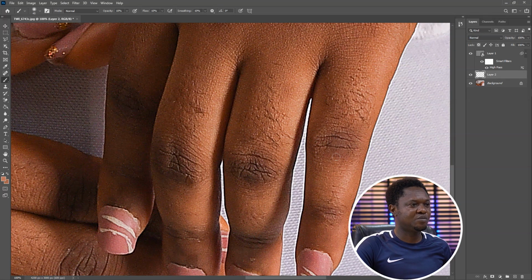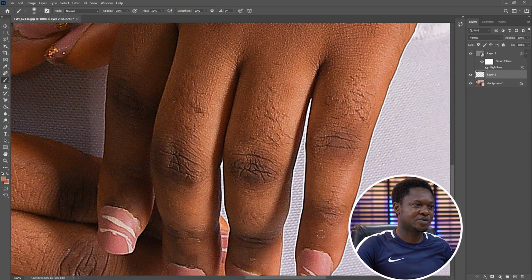You can click as much as you can, but immediately you notice it's getting brighter than the rest of the skin, you stop. Or you don't allow it to get brighter than the rest of the skin. Once it's balanced with the rest of the skin, you stop. So as you can see we are doing it, and at the same time the skin texture is there. It's not destroying the skin texture. Okay, that's a nice way. It's a very good way to